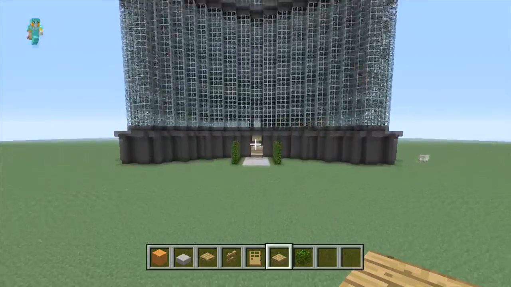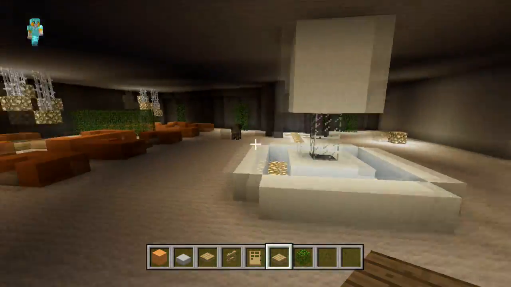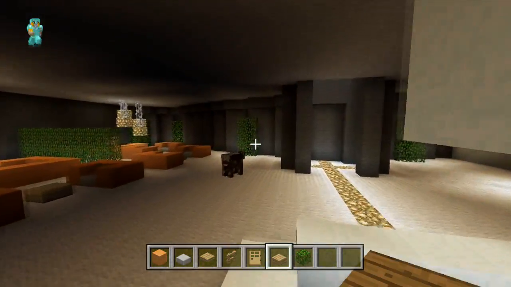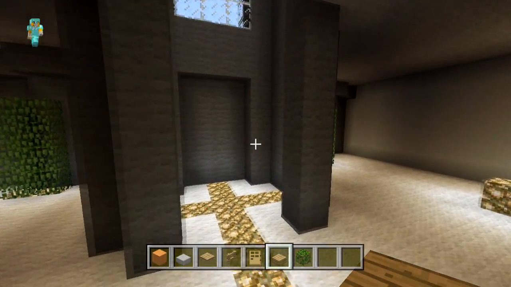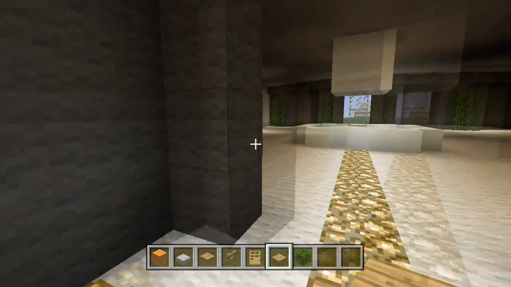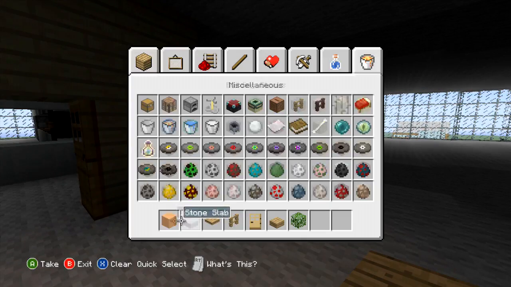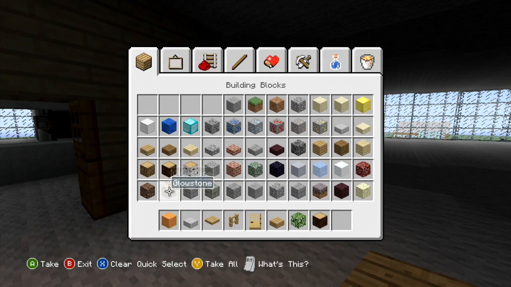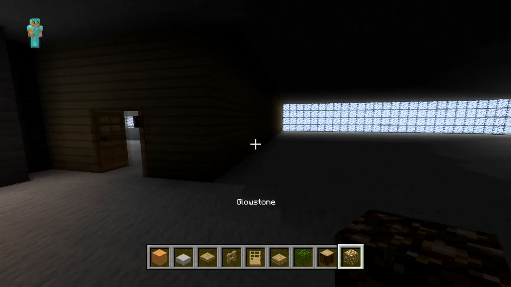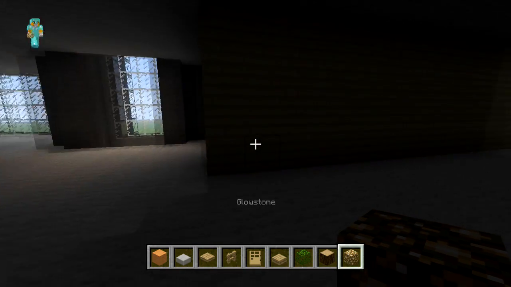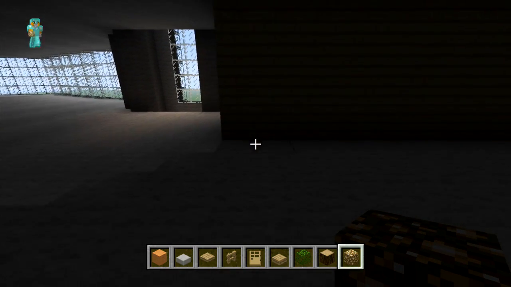So we're back with part 5, and in this episode we'll hopefully be able to finish off the floor that we placed our kitchen on last time, and the floor above it hopefully. So to start with, we're going to add some light to the room, and you just want to create a